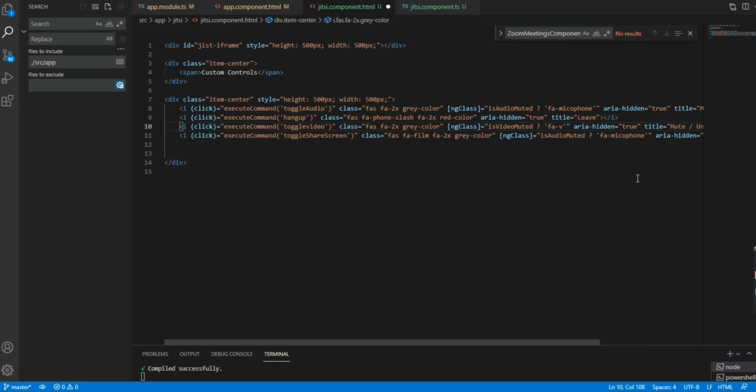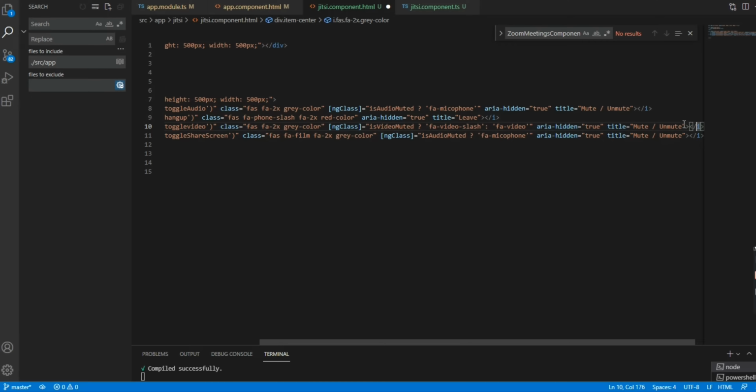And here I think we need isVideoMuted. I'll remove audio and write video, and here I will remove microphone and use video, a single string video. Sorry.